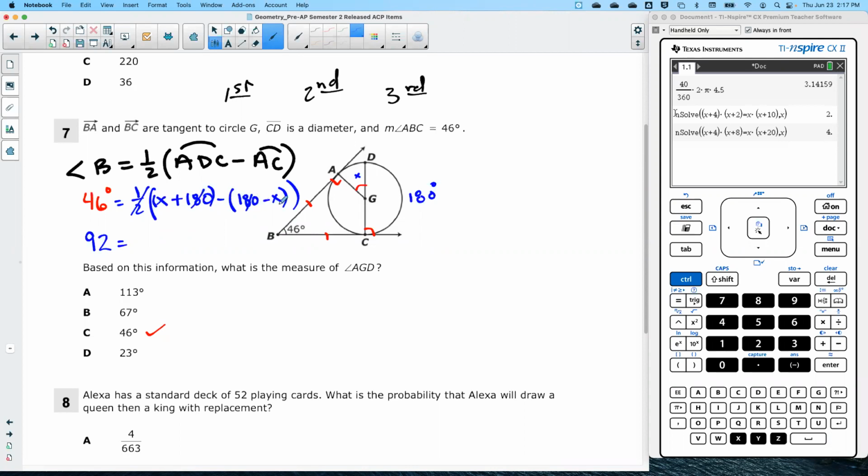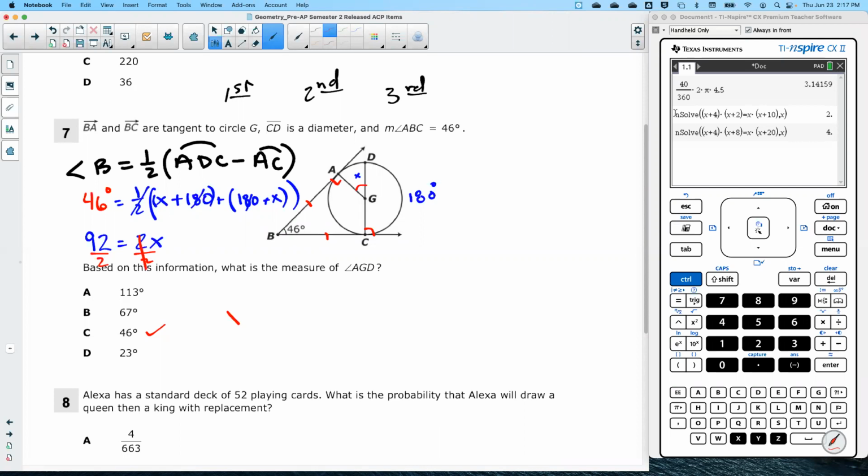x minus a negative x. What happens with two negatives? So what's x plus x? Nope. They cross out, one positive, one negative. All the negatives canceled. So it's now x plus x. Oh, it's 2x. 92 equals 2x. How do you solve it there? Divide by 2. And so the answer is